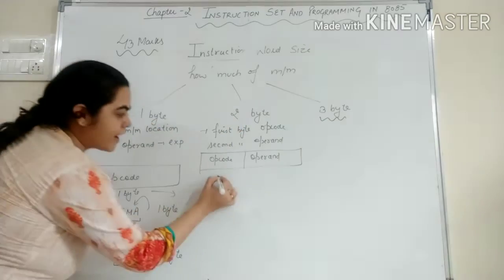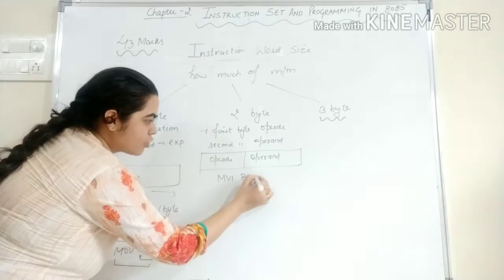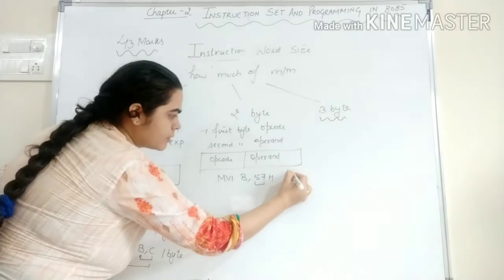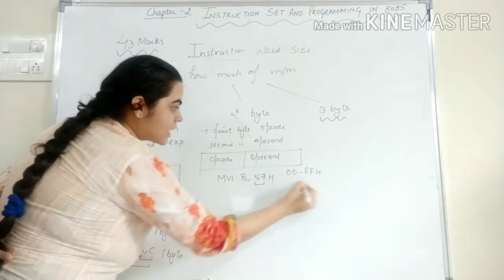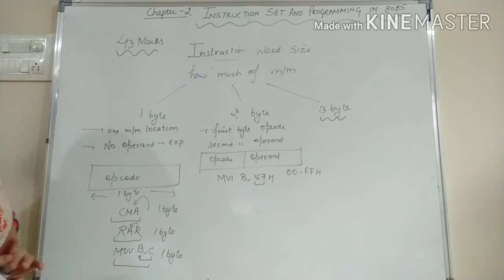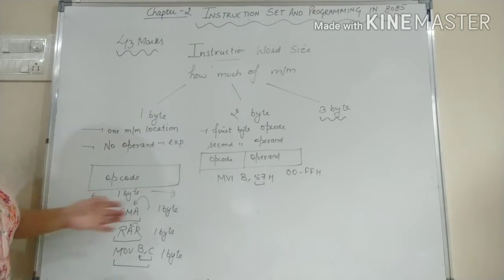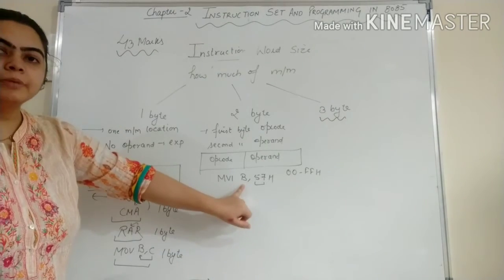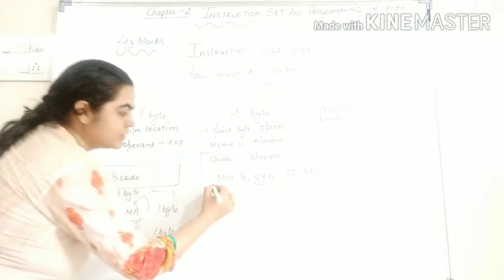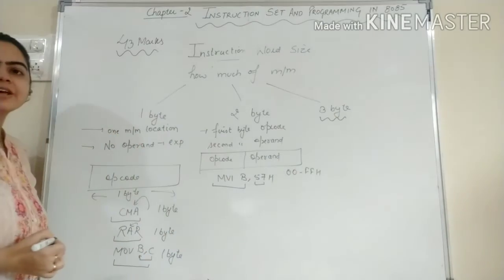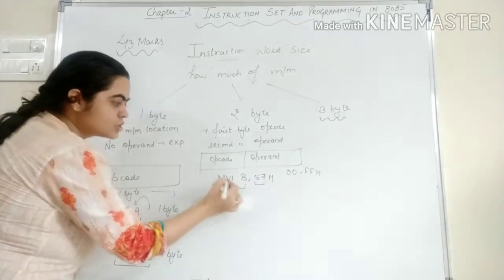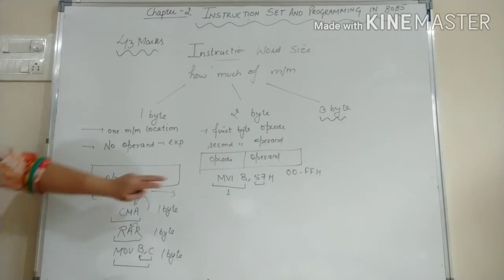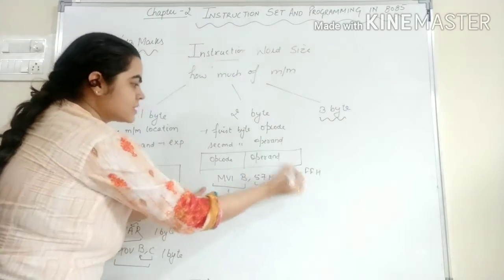The instructions where the operand is explicitly specified come under this category. For example, we have an instruction MVI B, 57H. In this case, this is the data. You know the range of data starts from 00H to FFH in the case of 8085. So 57 is the data here, and this data will be moved into the B register. In this case MVI B is the opcode while 57 is the operand. 1 byte is used to store MVI B and 1 byte is used to store 57. So this is a 2 byte instruction.